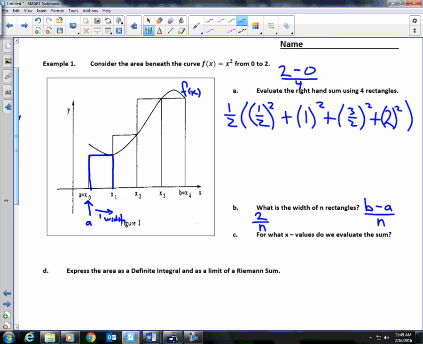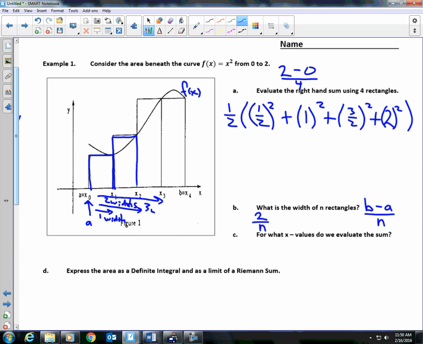Starting point for our interval is 0. And if we go over 1 width, that brings us to a half. Our second spot where we evaluate the height, instead of going over 1 width, we're going to go over 2 widths. And that will bring us to our second rectangle. So if we went over 2 widths, that brought us to 1. And then we'll go over